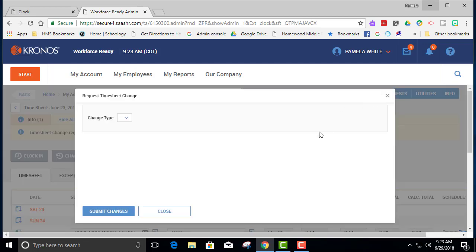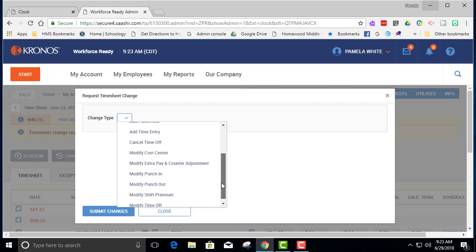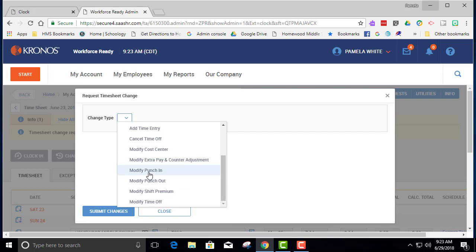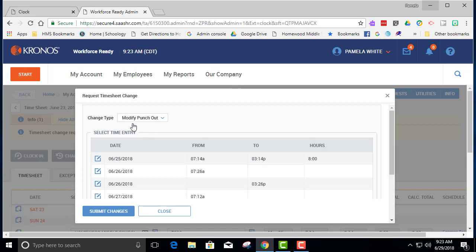The other thing that some people need to do is actually modify their time. So let's say they clocked out at the wrong time, and they really intended to clock out earlier, and they clocked out later than they were supposed to. If they already clocked out, then they would go back in and modify the clock out. Okay, so when you modify it, it brings up the different dates and it shows you the times that you're